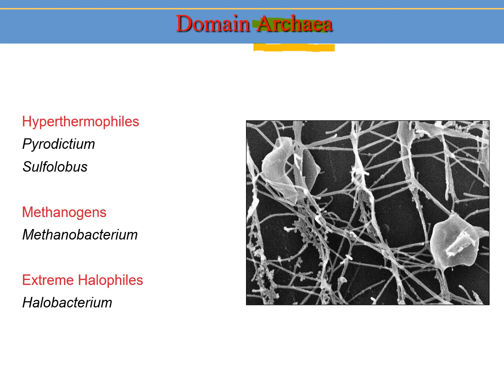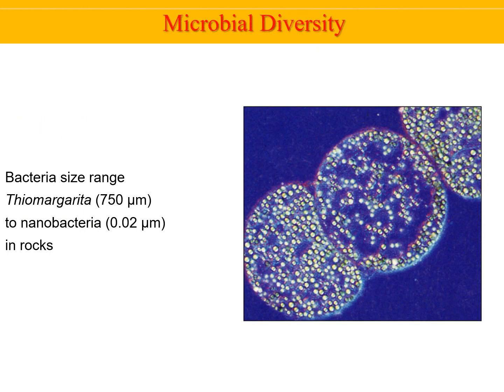They live in extreme environments. Some are hyperthermophiles. They can live at extremely high temperatures. This is under high pressure, deep in the ocean, so that the water's not boiling because it's under such high pressure. But the organisms live there. Methanogens produce methane, and extreme halophiles are organisms that can grow at a really high salt concentration, hypertonic surroundings. And they're fine. Let's move on, and I'm not going to talk about this. And so that's the end of Unit